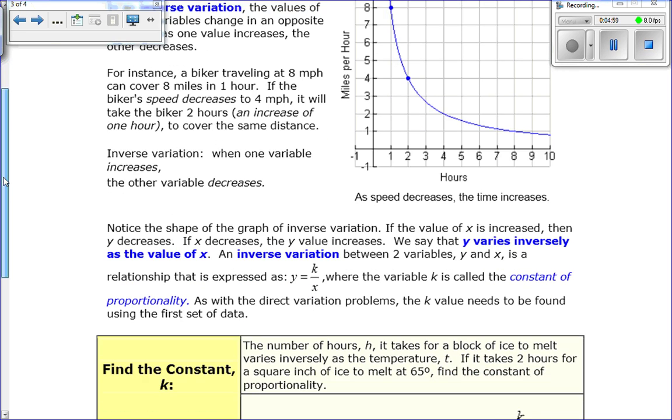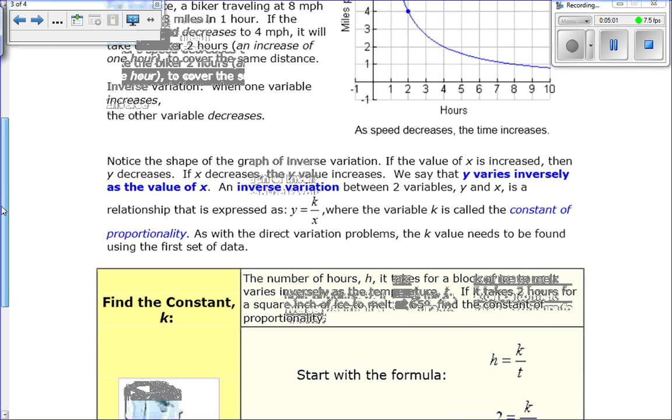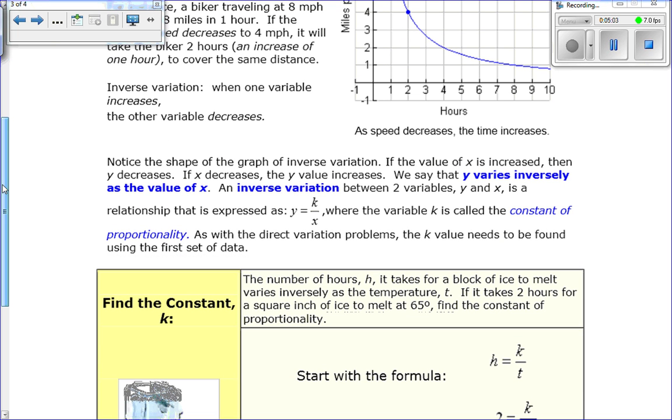So, what do we got here? Notice the shape of the graph of the inverse variation. If the value of x is increased, then y decreases. If x decreases, then y increases. We say that y varies inversely as the value of x, and an inverse variation between variables x and y